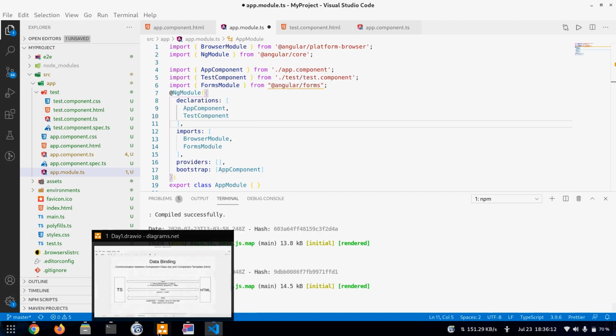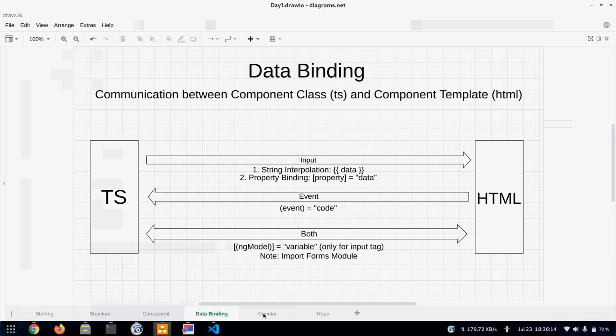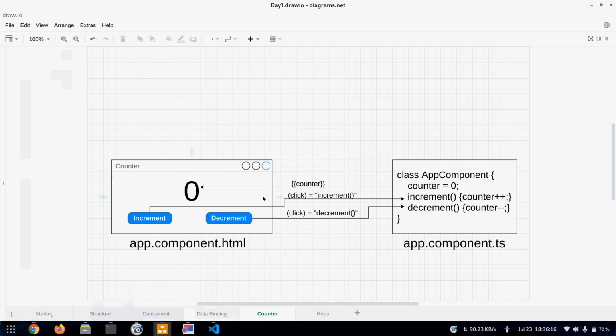so now we'll try to create a simple counter application. In this we'll have app component.html and app component.ts, like the basic which we get when we create a new app, and it will have a property of counter which is a number 20, and then it will have two functions, increment and decrement. What they'll do is one will add counter +1 and the other will decrement counter by -1.